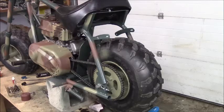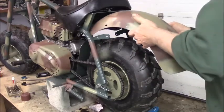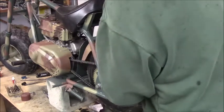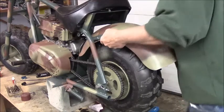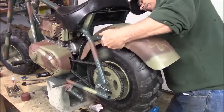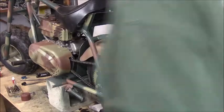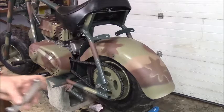I'm going to clear coat these in a few days, but unfortunately I tried to put some clear Rust-Oleum on it and it started to crinkle, so I've got to wait until this cures even more. And I just have to line up these holes, put the backing plates in, right over here, and